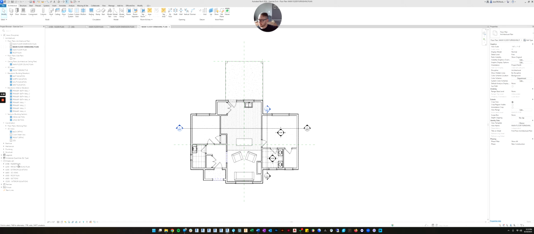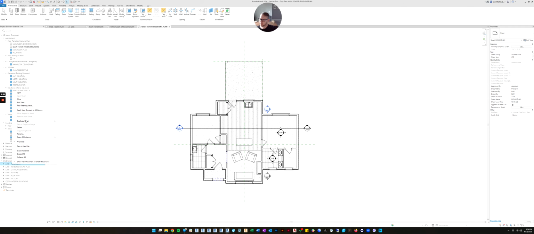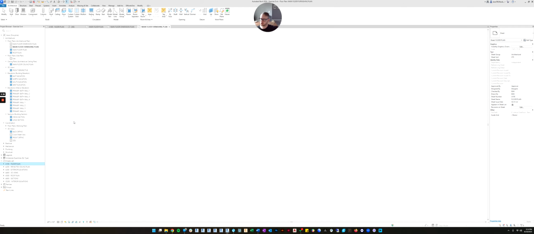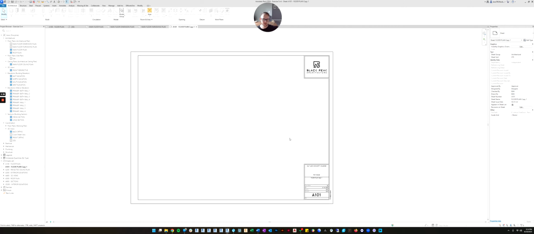A dimension plan is usually a type of architectural sheet. So the floor plans are in the 100s, so maybe we'll do the dimension plans in the A110s. I'm going to right click on the floor plan sheet and duplicate the sheet, and I'm going to duplicate empty sheet. So now it just gives our title block.